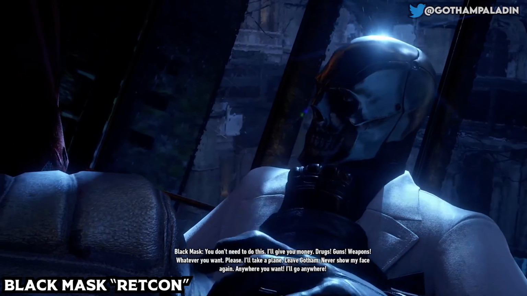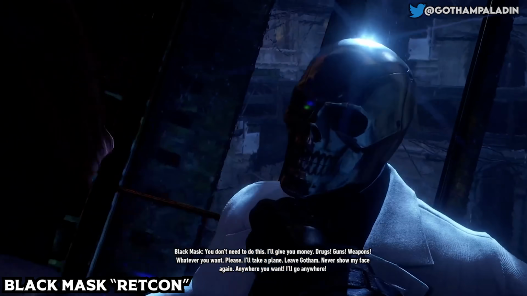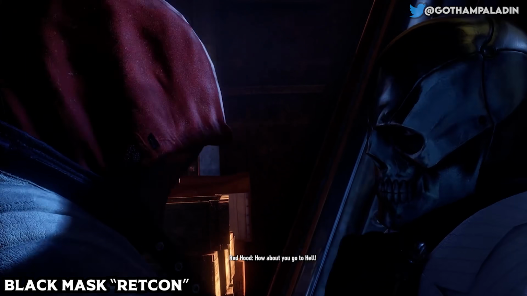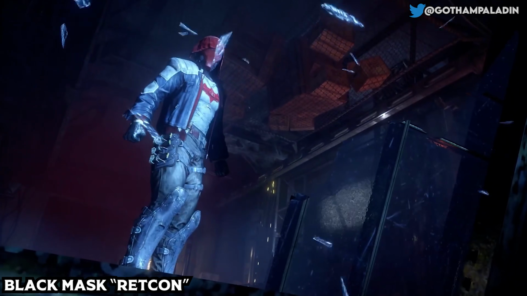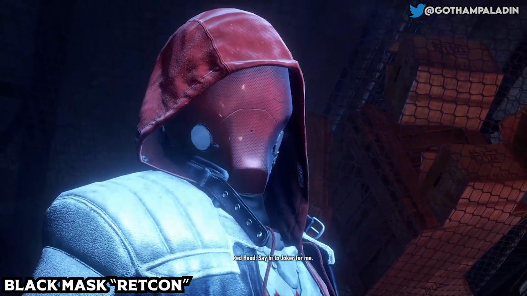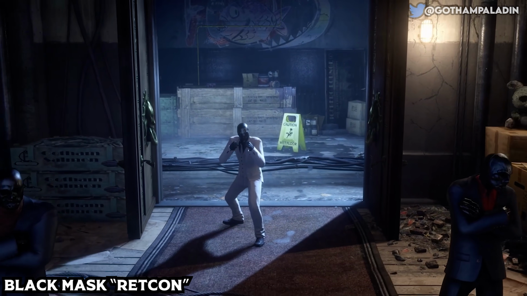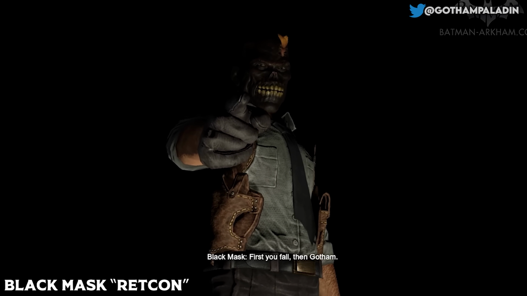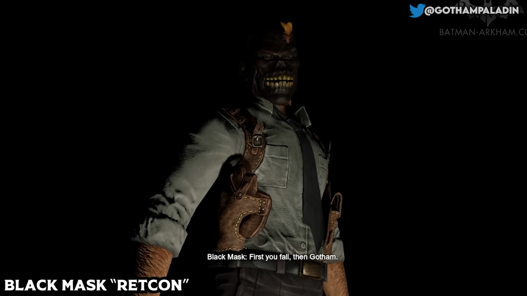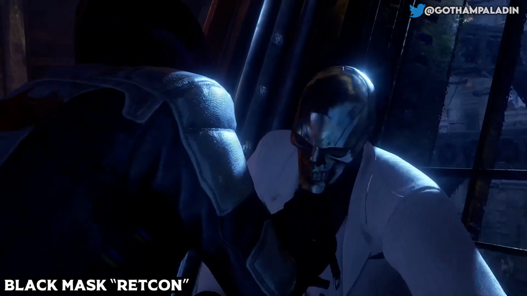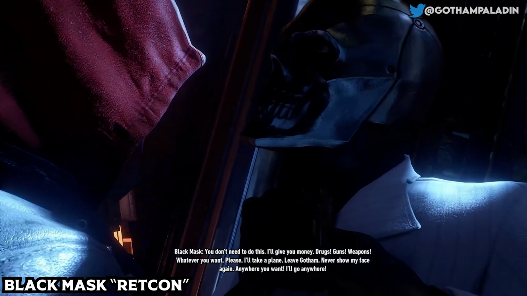I don't know. Now, I know there's a theory that the Black Mask we see in Arkham Knight is actually a fake Black Mask and not the real one. But until we get any real confirmation, I'm just forced to believe that this is actually the real Black Mask, right? But the fact of the matter is that with the info we have now, it is kind of like a retcon. I don't know, it's up to you to decide, but on the surface level it can be seen as one. Even though Black Mask was whatever in these two games, it is something to note.